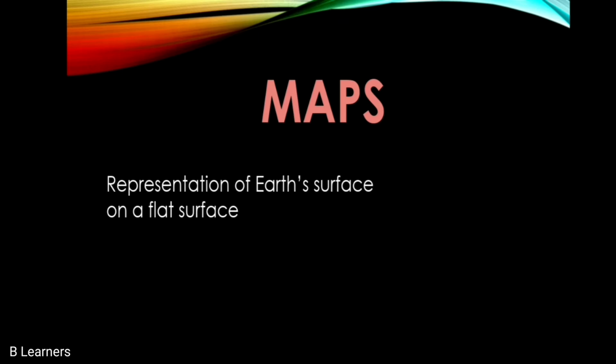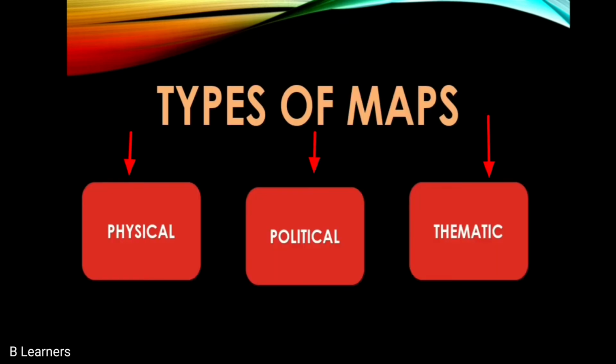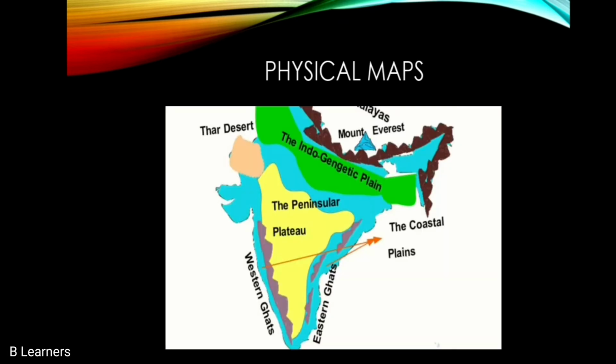Now we will understand how many types of maps there are. There are three types of map: one is physical, another one is political, and the last one is called thematic map. So first we have the physical map. Physical maps are the maps which show the natural features, means features which man has not created, we people have not created. They are given, provided by nature only. So basically a physical map shows the natural features of the land, maybe mountains, rivers or plains.